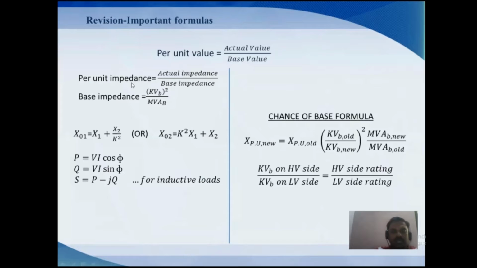If the impedance value of the power system or transmission line is known, per unit impedance is equal to actual impedance divided by base impedance. The actual impedance is the known value or is obtained from the nameplate details. Then you calculate the base impedance by using the second formula, that is base kilovolt square divided by base megavolt ampere. Both are the base values of the particular component. The base megavolt ampere, MVAb, is common for all power system components.